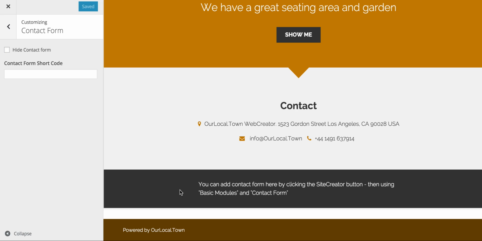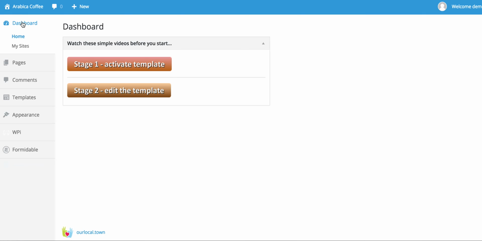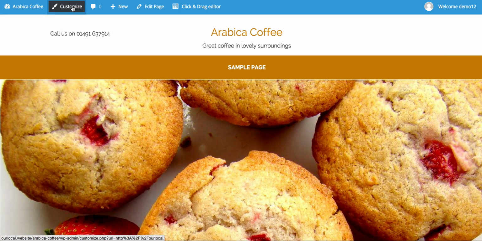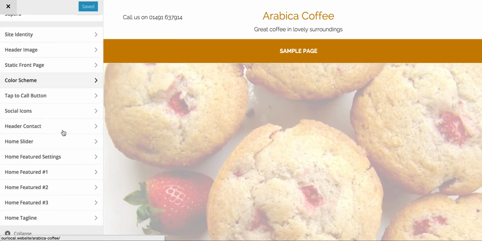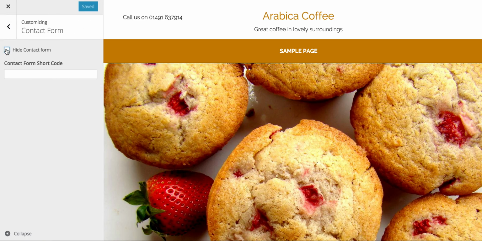Now we have a separate module on WebCreator. If you come out of it here into dashboard, you will see down the left hand side where it says Formidable. But for today's video, I'm not actually going to use that. I'm just going to show you that in a separate video. So for now, what we will do is we will turn that off. Turn off contact form, make that disappear,